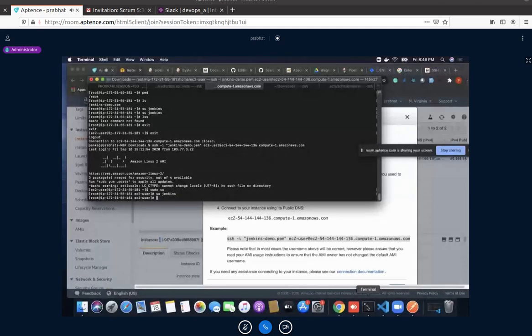Why is it not connecting? When I installed Jenkins, at that time it should have this file.